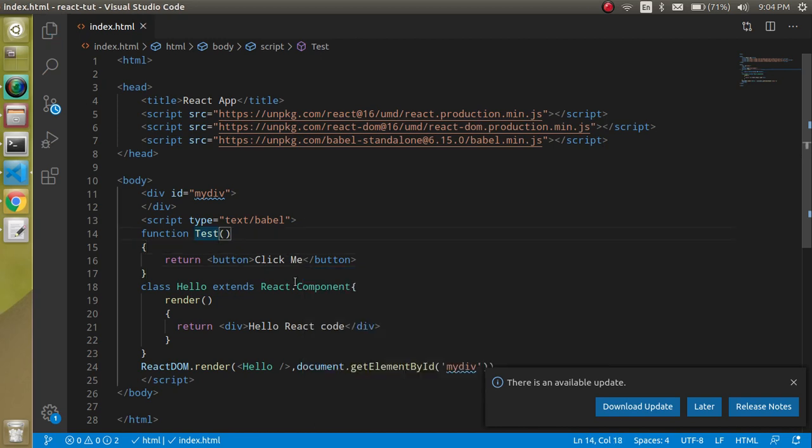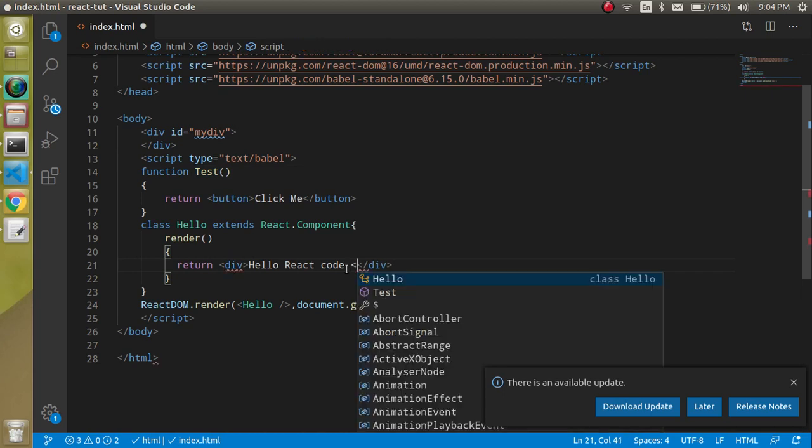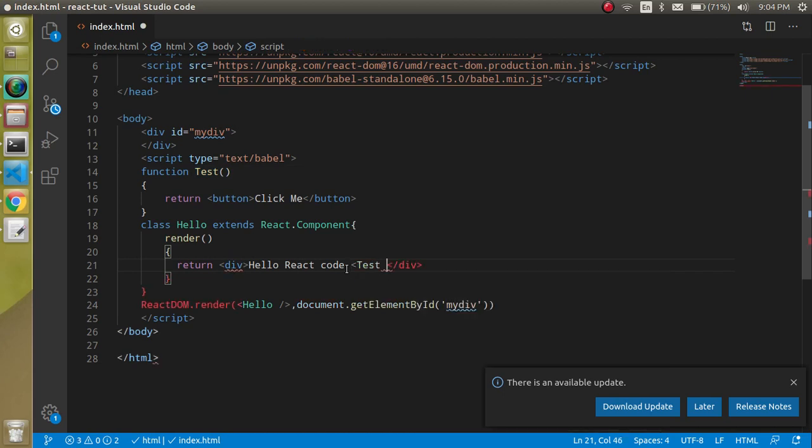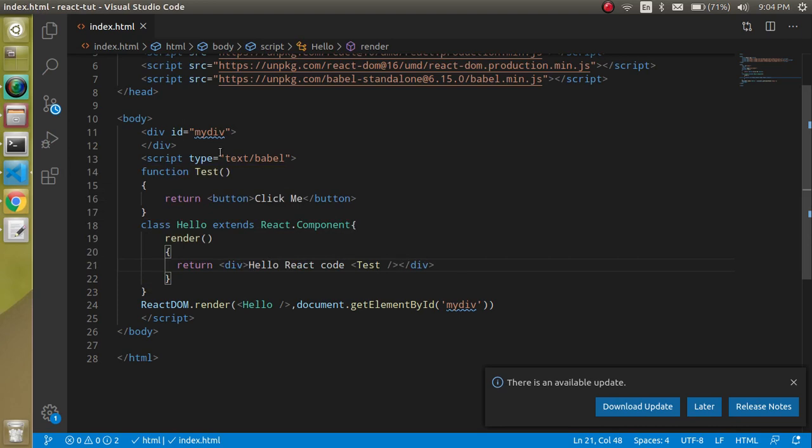And now to use this test function or test component, you can just put it here as an HTML tag. And now let's see what we actually get here. So we have a button here. So can we also make a click here?